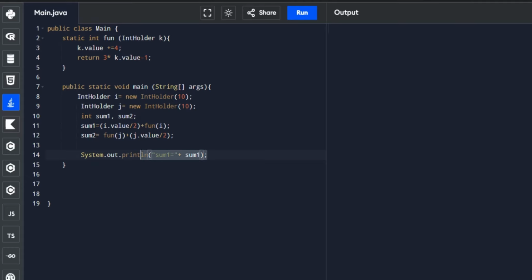So we're telling this to print this one with the value of sum one. So let's just copy and paste that, and then remove this and replace this with sum two, which is the output of our second expression. Okay, but we're not yet done. Let's read first